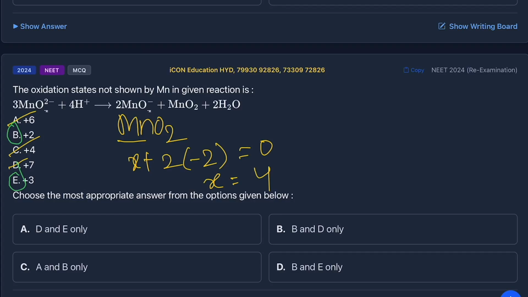So what they said is, the most appropriate answer from the given options is the one not shown by manganese. Plus 2 is not shown by manganese, and plus 3. So what is our option? B and E is our option. Okay. Next,